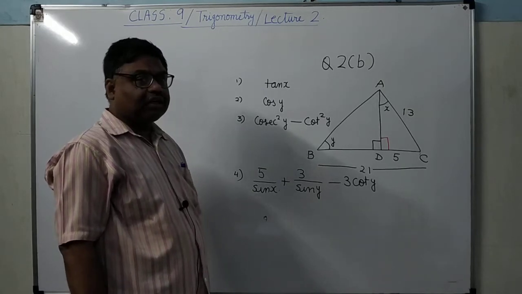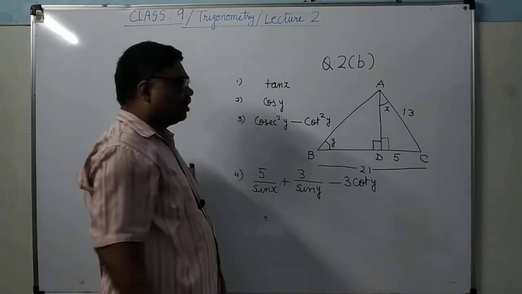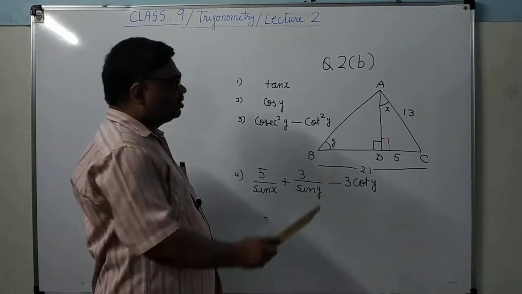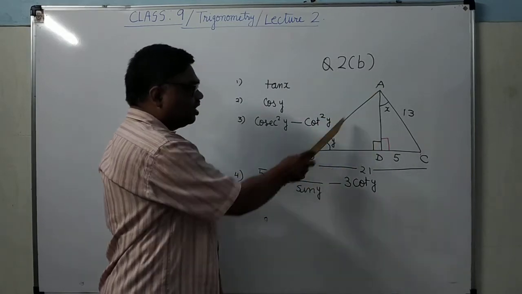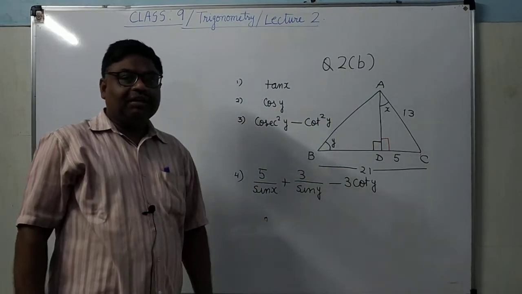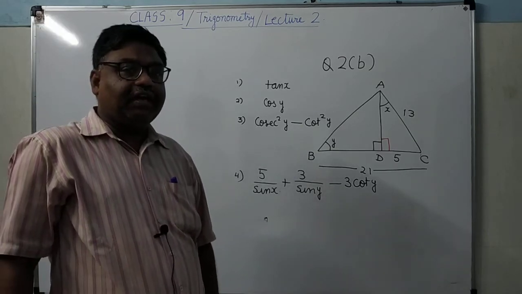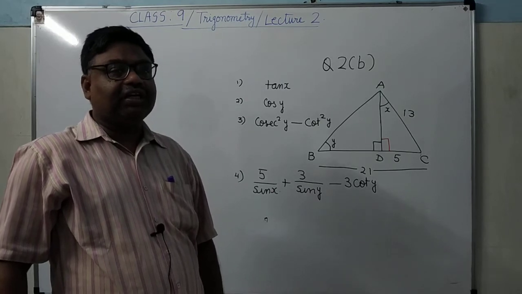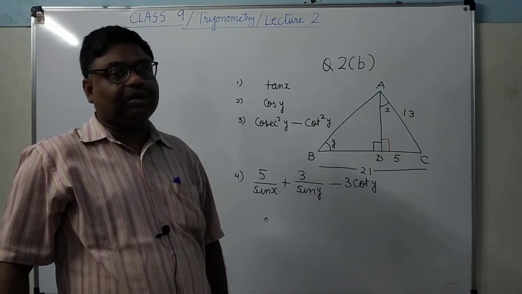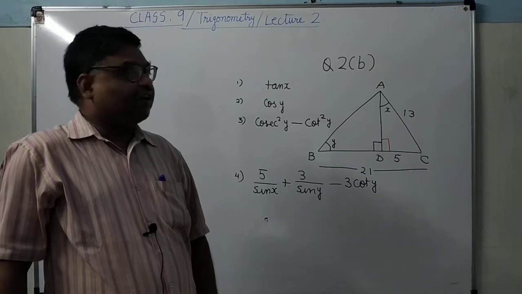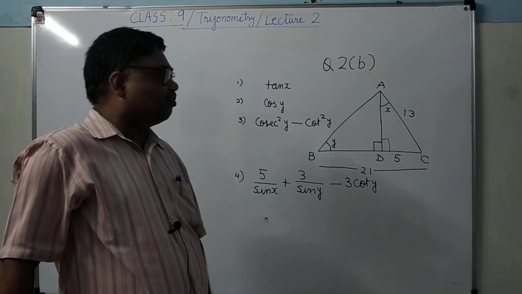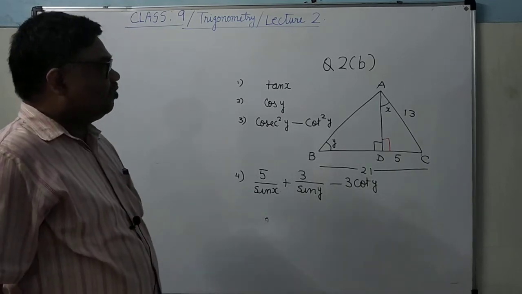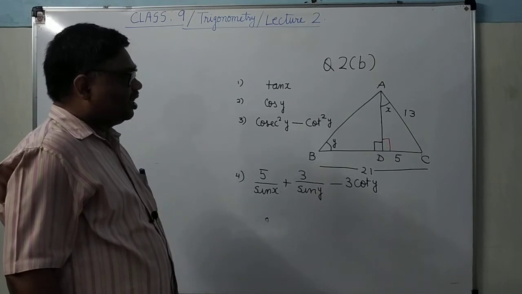Similarly, if you want to determine the trigonometric ratio of angle y, suppose here cot y, what will you do? You will see in this triangle ADB, मतलब जिस triangle को वो angle belong करता है, उसी triangle से उस angle का trigonometric ratio determine करेंगे. For example, sin x we can determine by using triangle ADC, tan y we can determine by using triangle ADB.